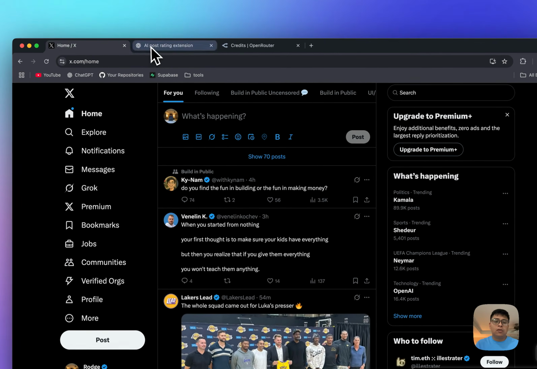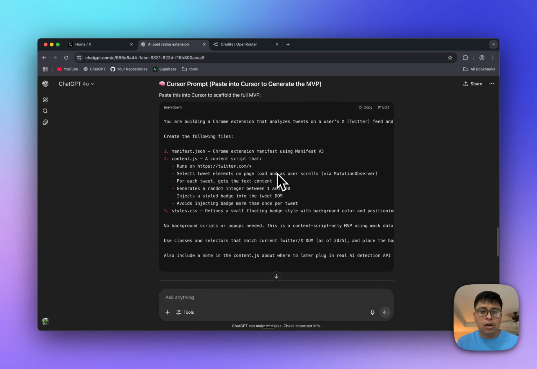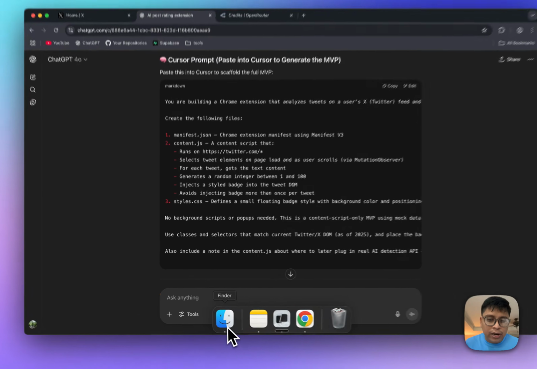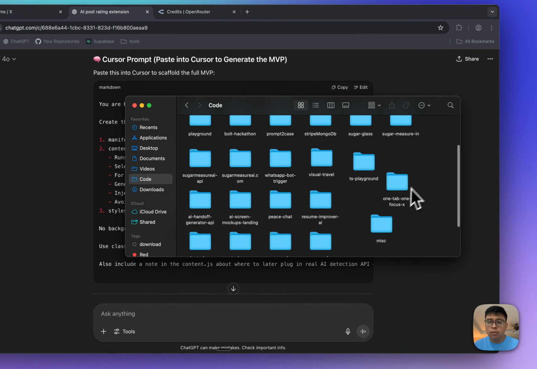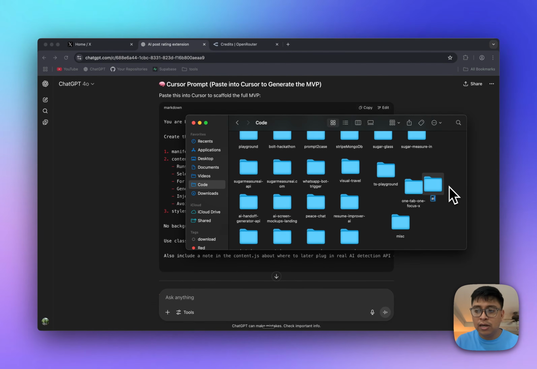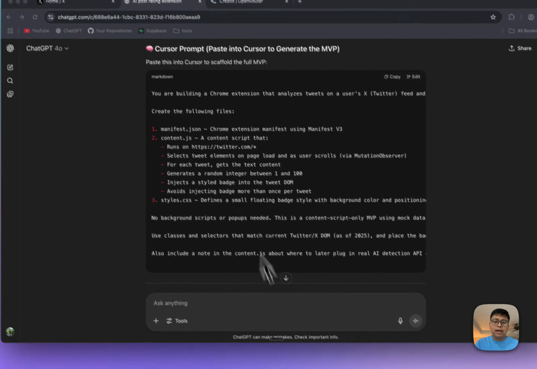So let's go back to ChatGPT, and what we're going to do now is copy this prompt. But before we do this, let's create a new folder. I'm going to go to my code folder, and I'm going to create a new folder here. I think I'm going to call it AI X AI detector. And the name is not important. We can change that at any time. And now I'm going to open up